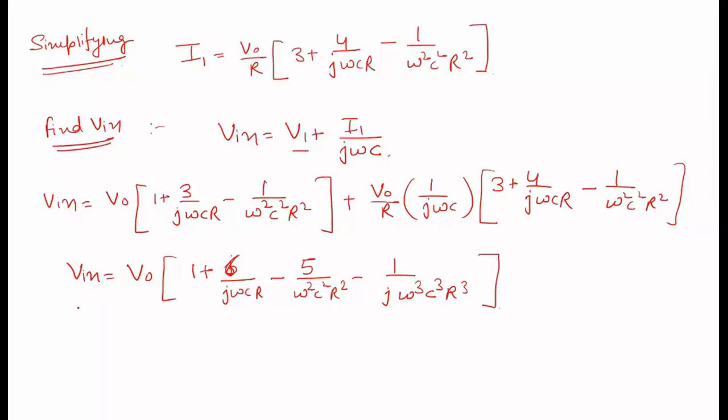So by this expression, we can have the expression between V in and V out, and we can find out the feedback factor beta. But in this, we can say that the output voltage will have only real parts, but this expression contains real as well as imaginary part. Here we can see that this is imaginary part, this is also imaginary part. But we know that the output voltage will have only real part.